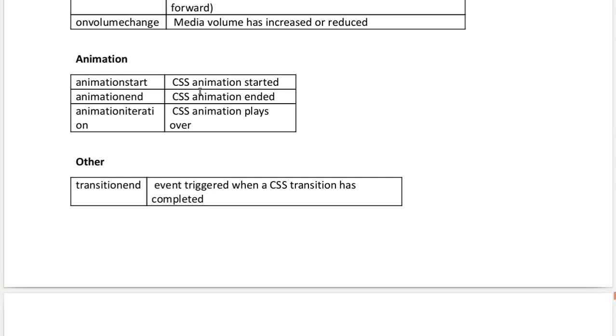Animation. Animation start: a CSS animation started. Animation end: a CSS animation ended.